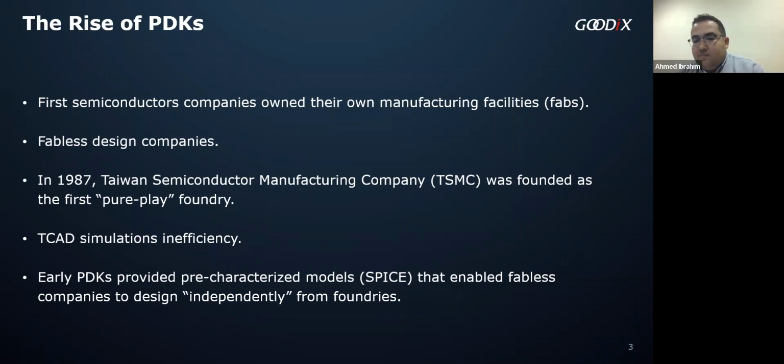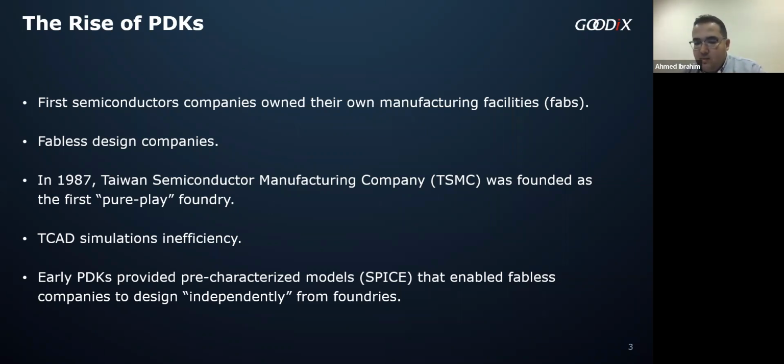So the challenge was huge, because TCAD simulations are very heavy, and you cannot simulate a big design using TCAD. Okay, so here comes the role of SPICE. The invention of SPICE was a great breakthrough that enabled fabless companies to continue innovation without the heavy burden of semiconductor-level device simulation. So we expect, of course, that the SPICE models will be an integral part